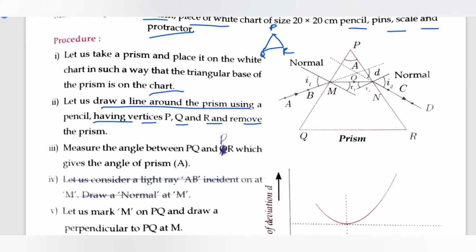Measure the angle between PQ and PR. So the angle between the lines PQ and PR is called the angle of the prism, and this gives the angle of the prism. Next,